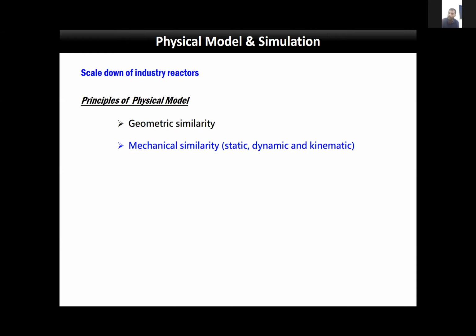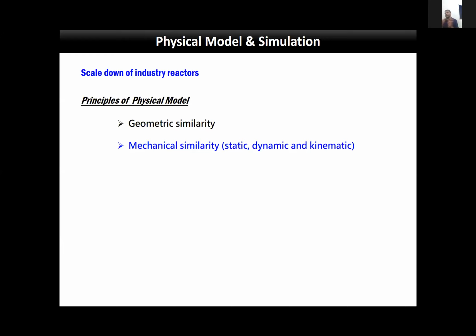With respect to steel making operation, there is no major thing, because all your ladles or converters are static only. The motion in the liquid is basically induced by fluid flow, by purging or something like that. So that you can simulate in a different way by maintaining your dynamic similarity. Dynamic similarity in the sense you need to maintain the forces acting on the industry, that should be maintained here rationally, or by adopting ratios of the forces.